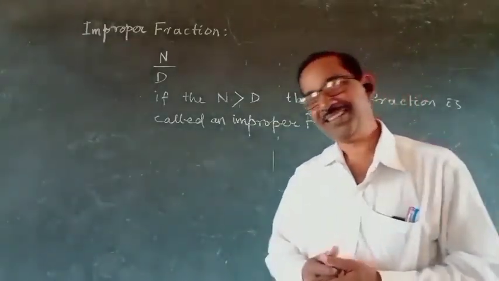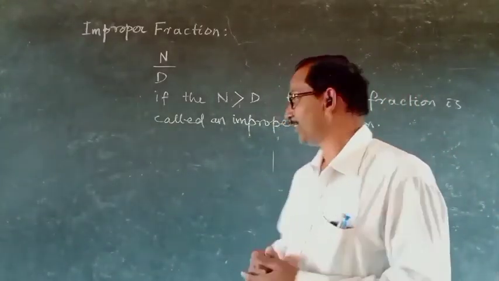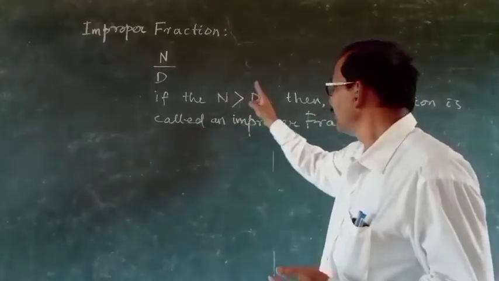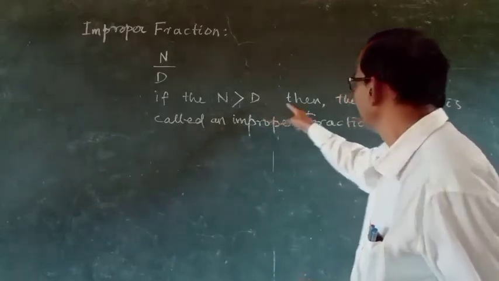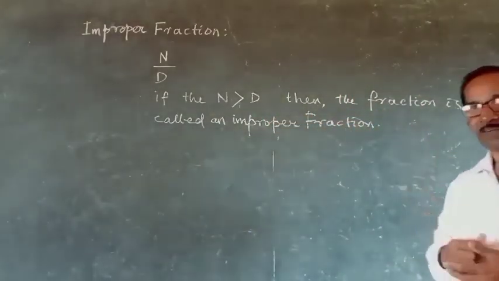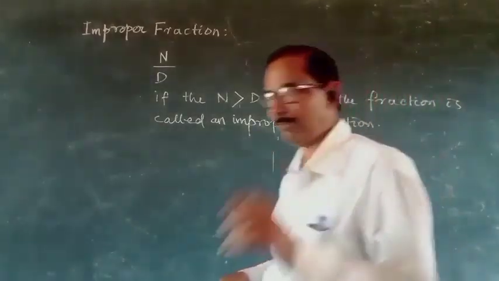The fraction is called an improper fraction. So if the numerator is always greater than the denominator, then the fraction is called an improper fraction. For example,